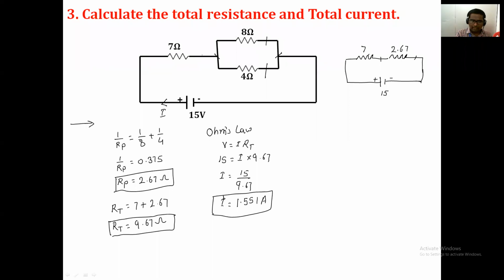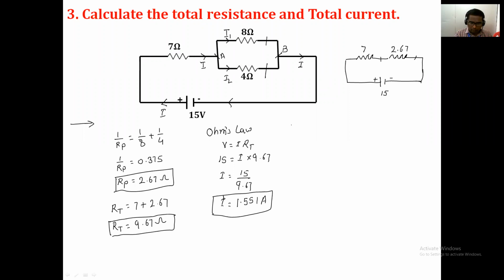It's I. Is it right? Because when this I current comes to point A, it divides into 2 parts, I1 and I2. Again, I1 and I2 come to point B, and from point B only the I current comes out